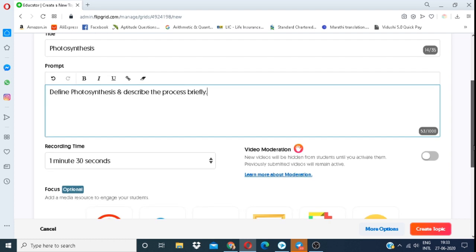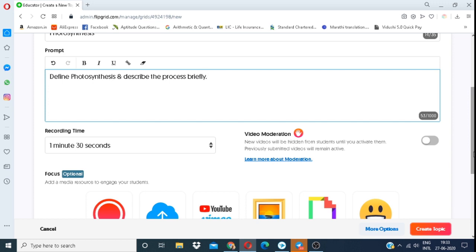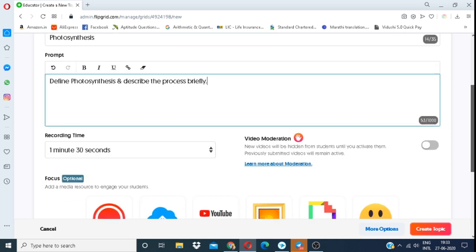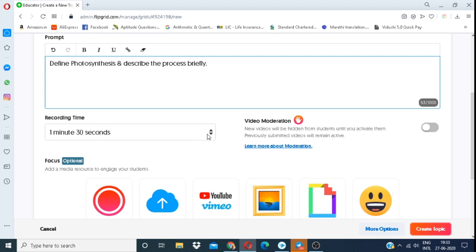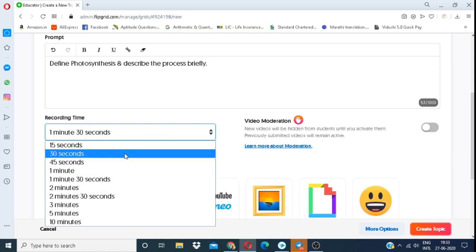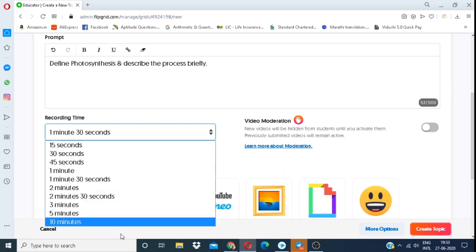Now, a very unique capability of this app is that you can give your students a time limit. Defining photosynthesis and describing it should take anywhere between 1 minute to 2 minutes. Depending on your question, you can change the time limit, the least being 15 seconds and the most being 10 minutes.